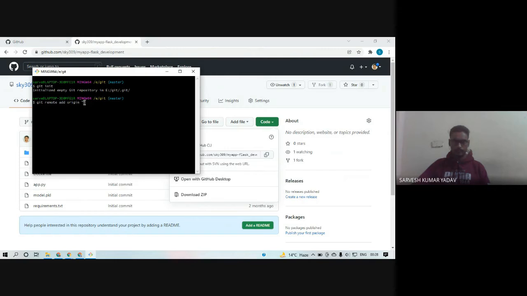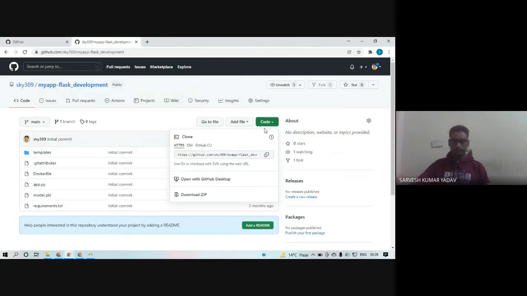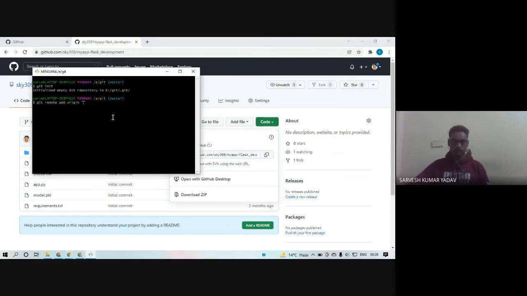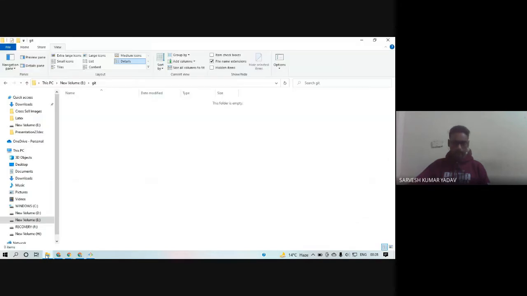Here, paste that URL. Till now, no files are present under this directory.